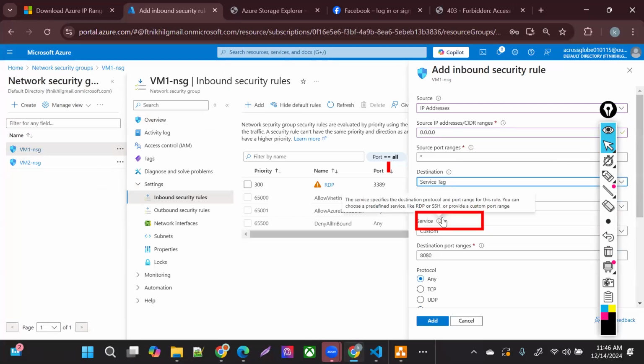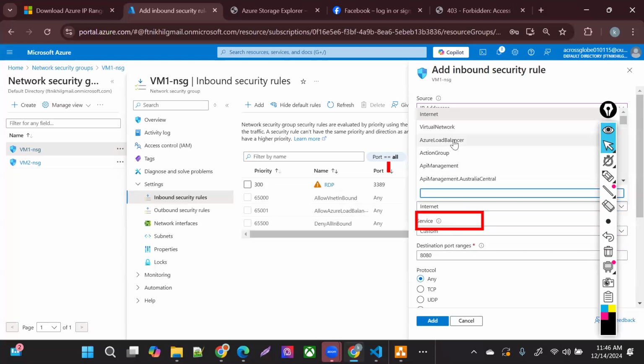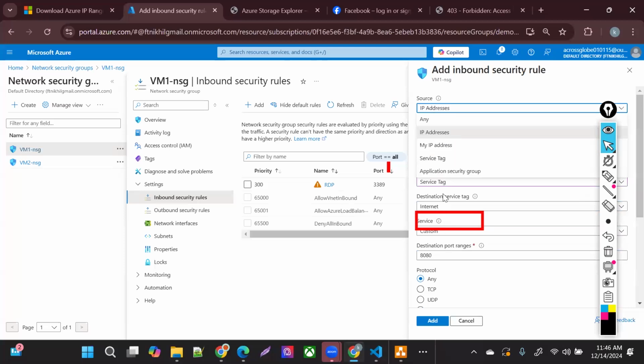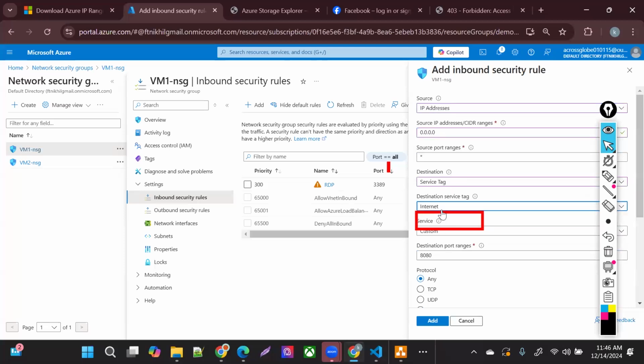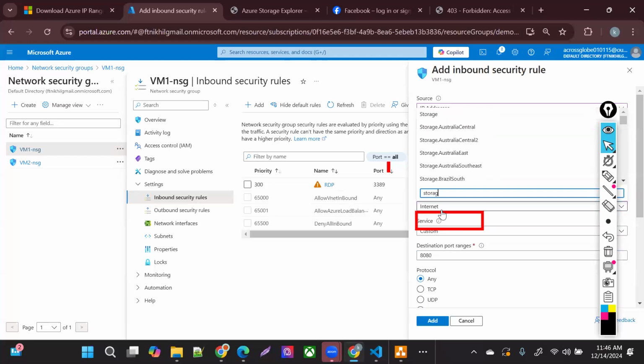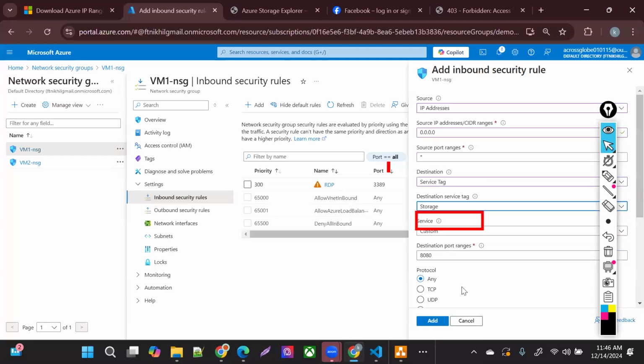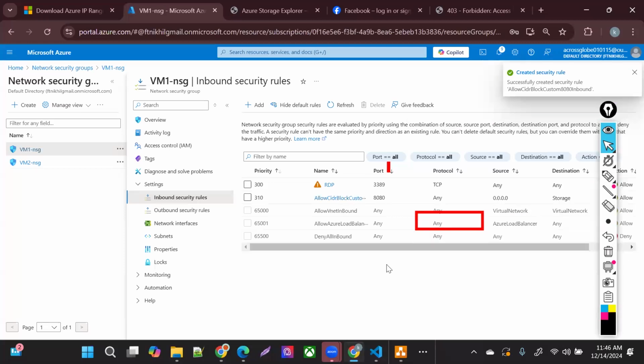Now the service tag. Again, the service tag can be the application load balancer, or I can select the storage account. See, storage. So you can apply the restriction at the service tag level. So I'm saying it's the storage account. Whatever resources are inside your subscription in that particular region are going to access that storage account at the service tag level.